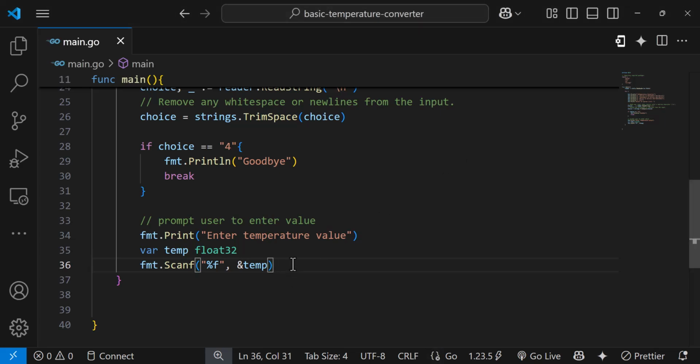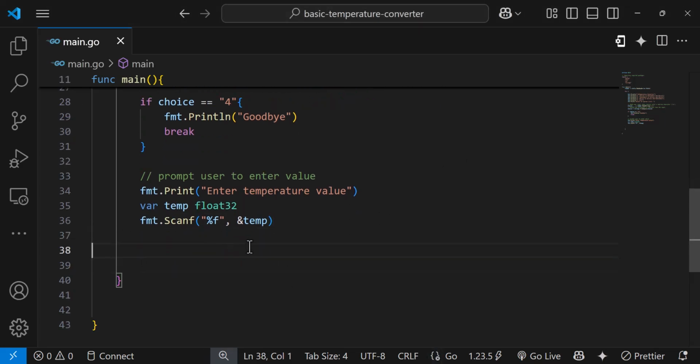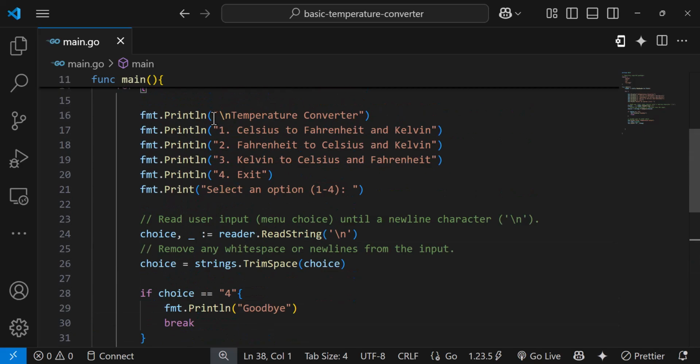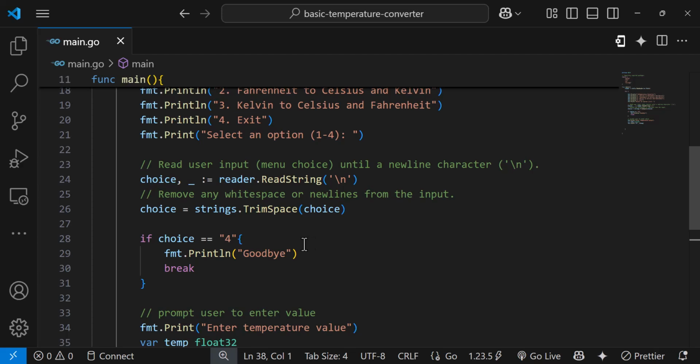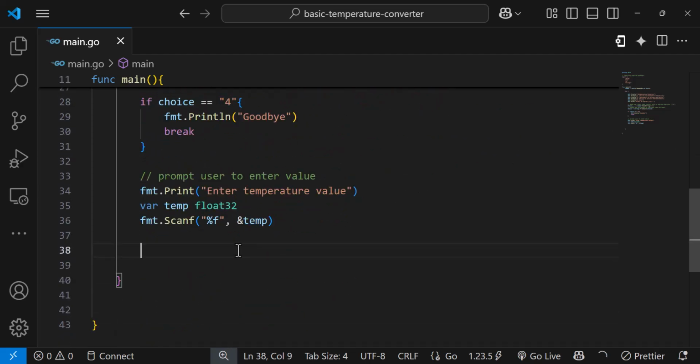Now inside this loop, we are going to use the switch method to switch between all the options that the user will choose, whether option 1 or 2 or 3, and per each and every one that you choose, you go inside and perform that task. So if you choose the option 1, the choice 1, then you create a function to convert the value from Celsius to Fahrenheit and Kelvin at the same time. Good. So we will bring in our switch method,